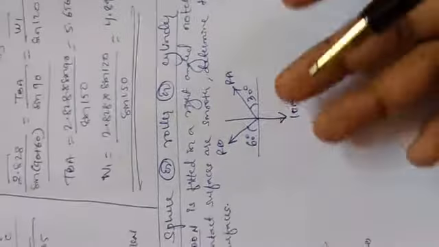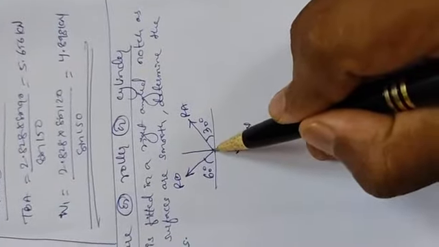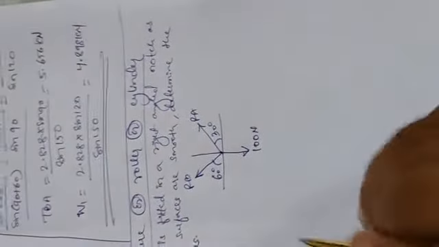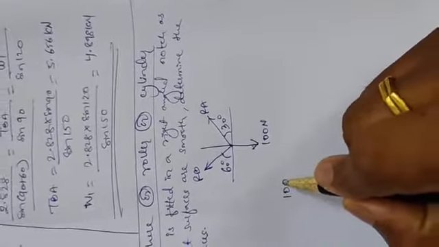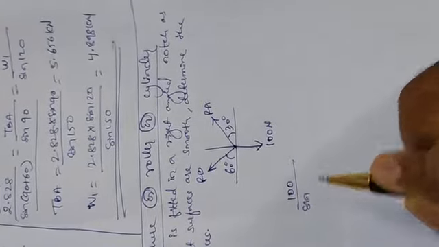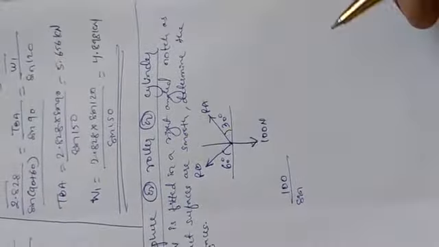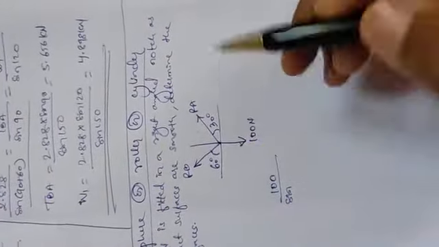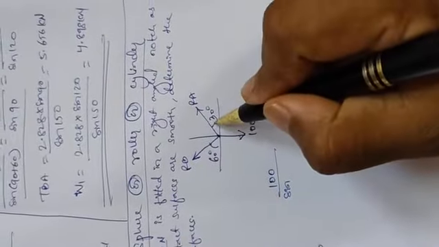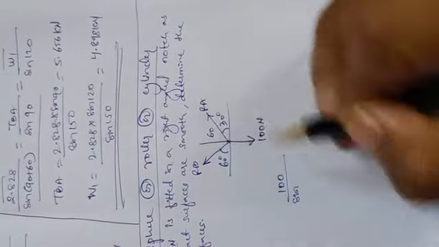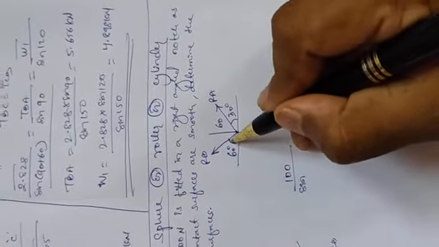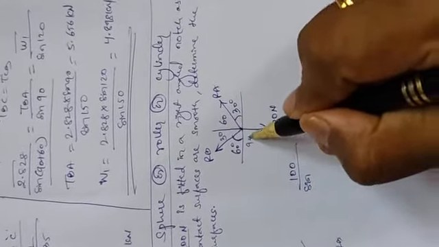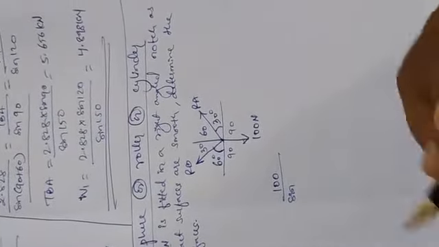Now look here. At a particular point we have three forces, in which two are unknown and one is known. I can easily apply Lami's theorem. So let us apply Lami's theorem. First, write the known force divided by sine of the angle between the opposite two forces. Now I need the remaining angles to be calculated. In the first quadrant, if it is making an angle 30 degree, the remaining angle is 60 degree. Similarly, in the second quadrant, when it is making an angle 60, what is the remaining angle? One quadrant is of 90, so it is 30. It is 90, and this is 90.